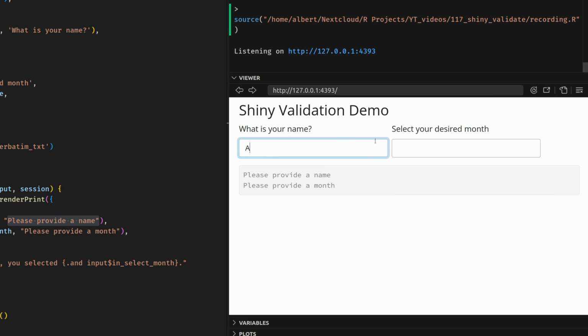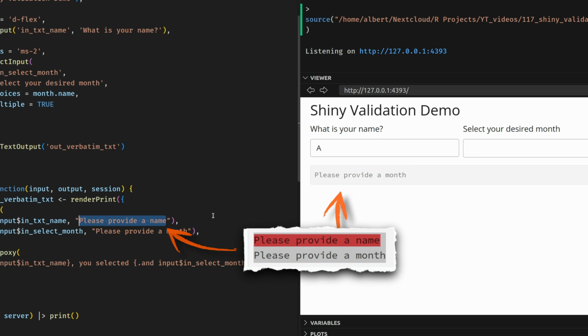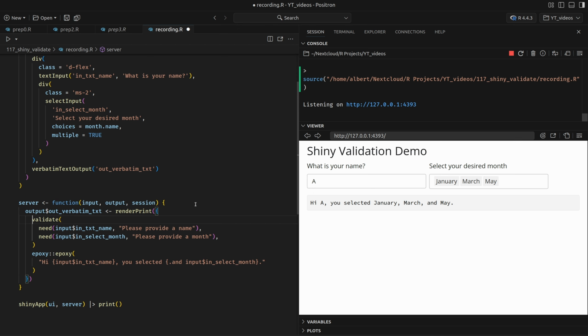So if we put in a name or we start to type, then we see that this warning here is removed. And now if we put in more stuff here, we see that our output is generated just like we wanted to. And here we can make things more interesting by calculating a couple of helper variables that check specific